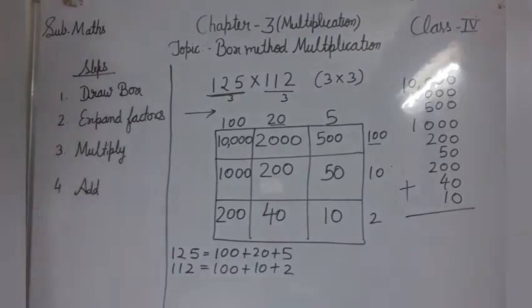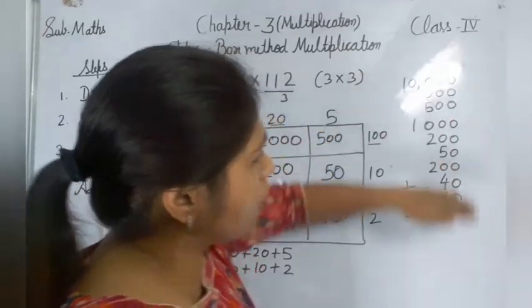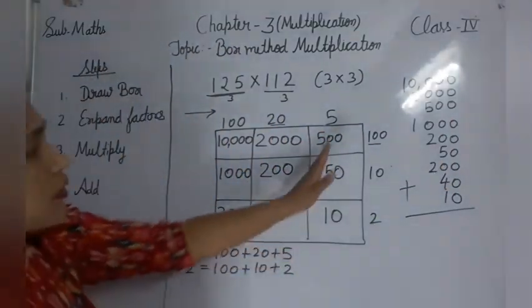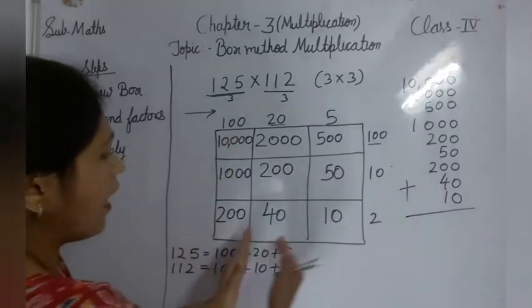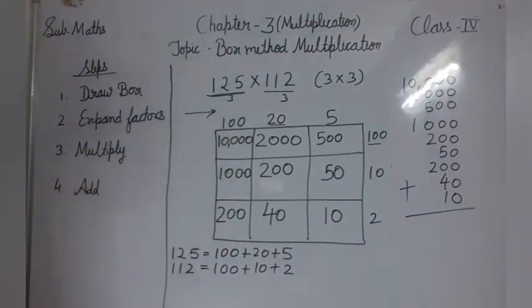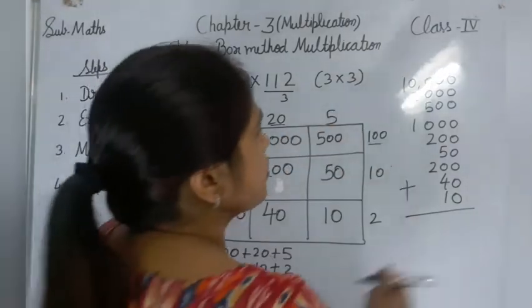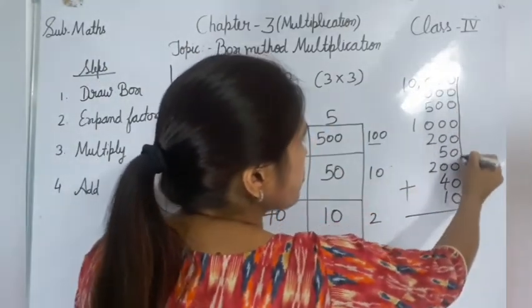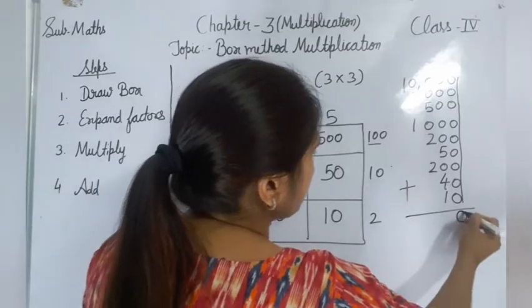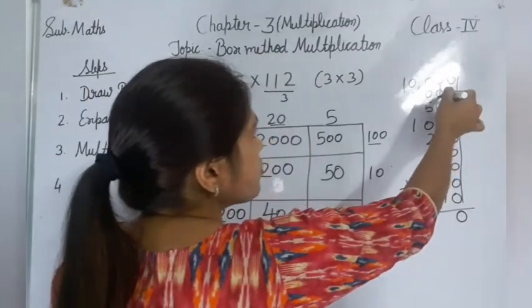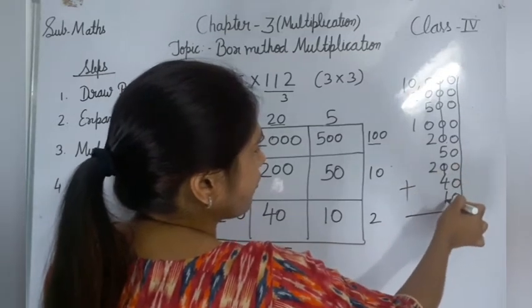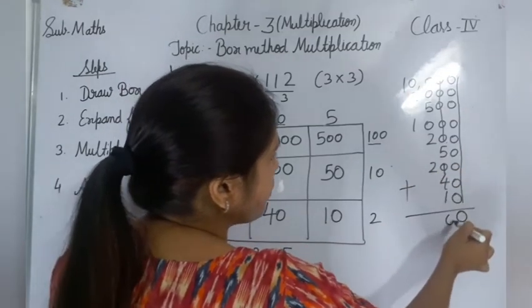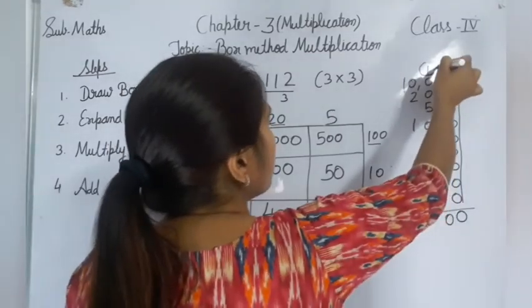See, one other method I am telling you. If you want to avoid such a long addition, what can you do? Just add this column here, add this column and then add the 3 digits. So here I am doing it like this. So 0, 0, 0, 0, 0, 0, 0, 0. 0 will come. Now in the second, 0, 0, 0, 0. 5 only is there. And 4 and 1, 5. Total 10. 0 will come. 1 will go for carry forward.